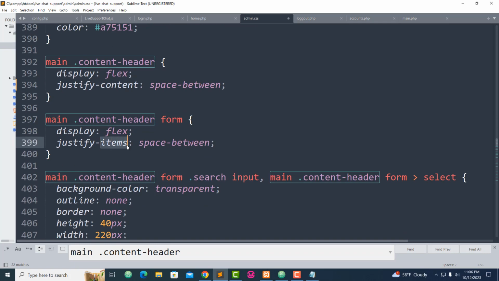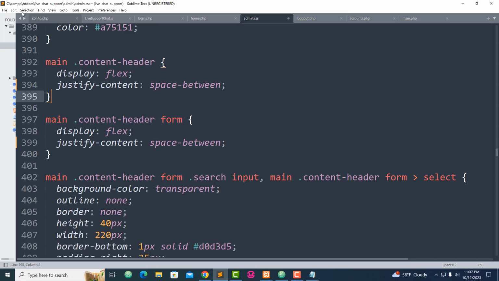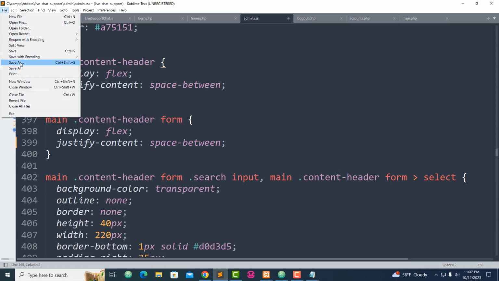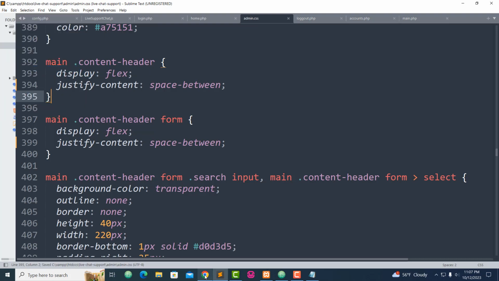Like this. All right, main.content header, main.content form. These two blocks of code have justify items, we have to remove it and put justify content. Now go ahead, save everything, go back to our browser,